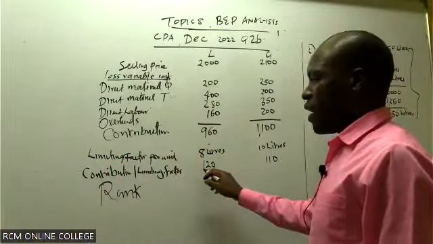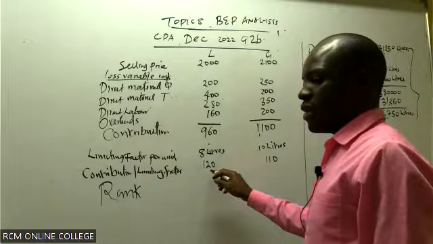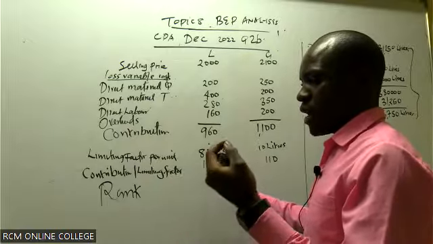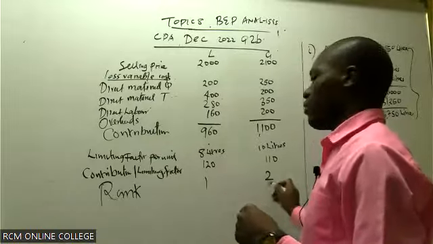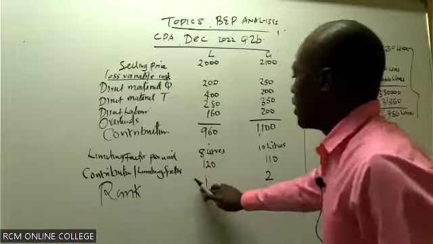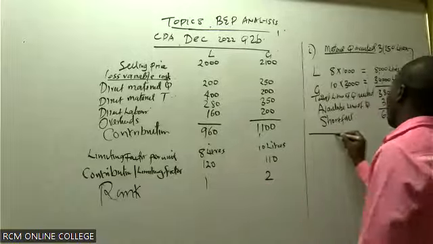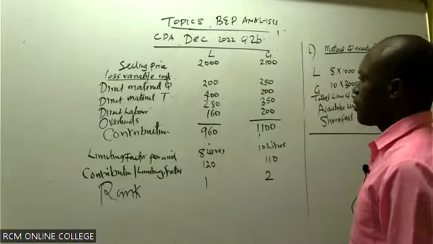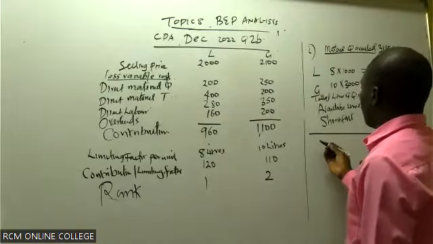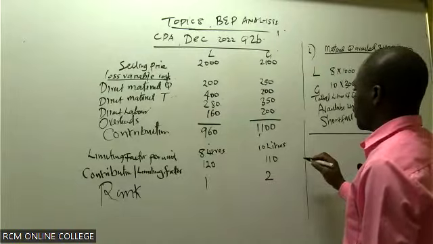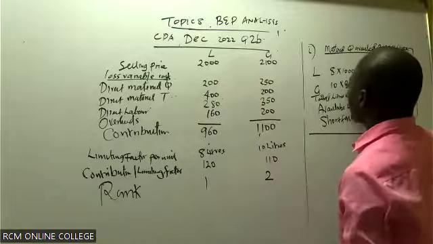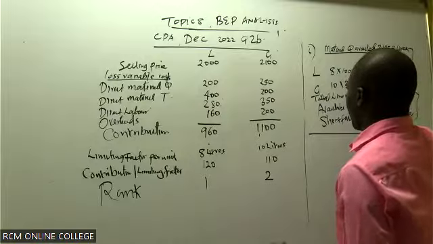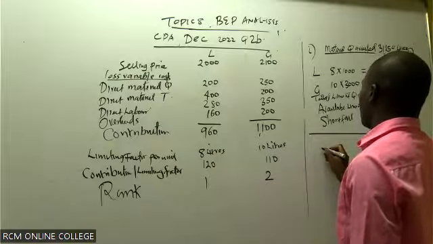Number 1, the higher the contribution per limiting factor, the more profitable the product is. So number 1, number 2. Number 1 is this one here. Sasa tukuje hapa. Let's now get to this point. Number 1 is L. The market demands 1,000 units of L, and therefore I'm going to produce